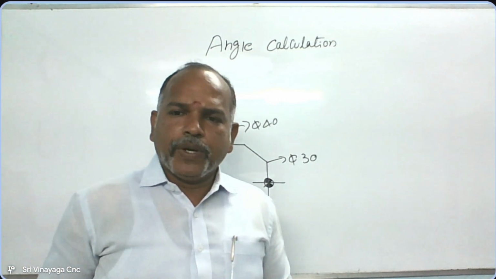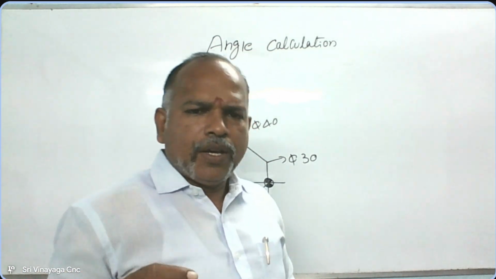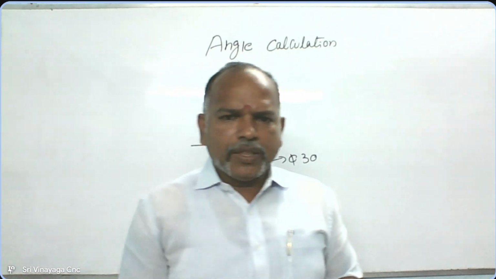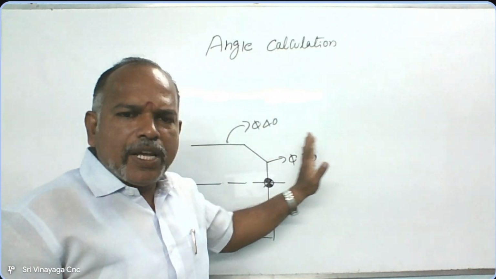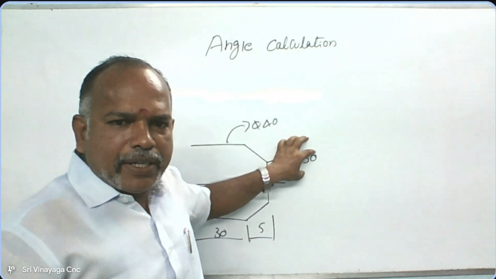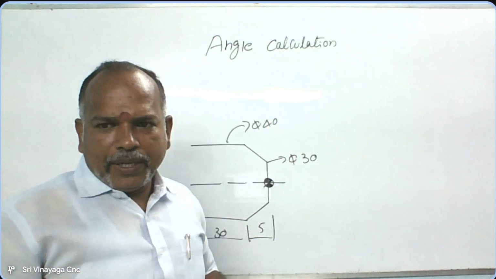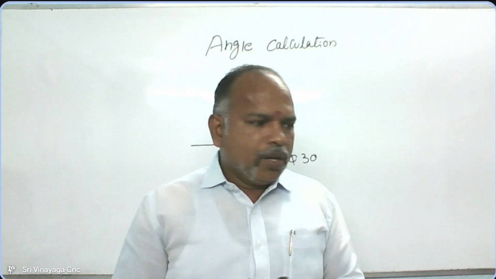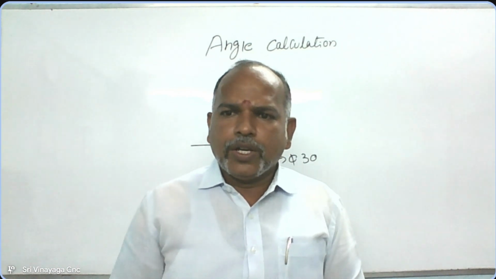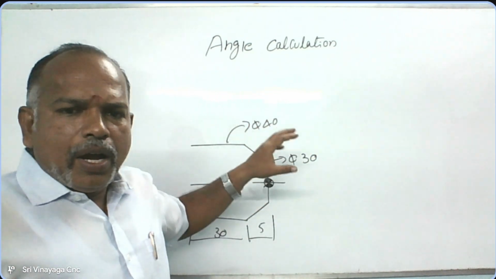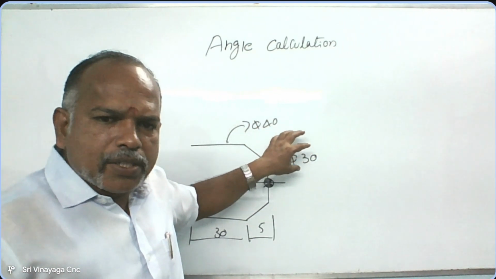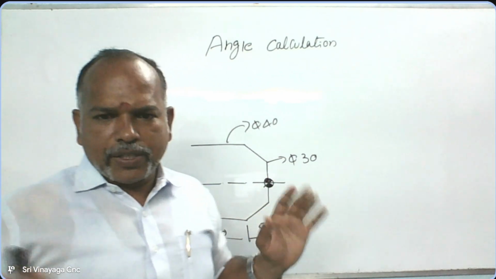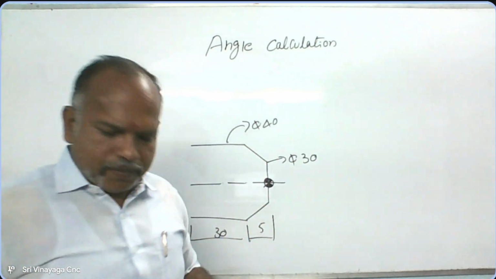Okay, that's all. Simple. But if you see in the company diagram, they won't give it like this for every drafting. This is known as drafting. Drafting means they should give the dimensions. I have already seen this in your drawing design also. The company won't give it like this: this dia 30, this length will be 5, this is 30. Instead of this,